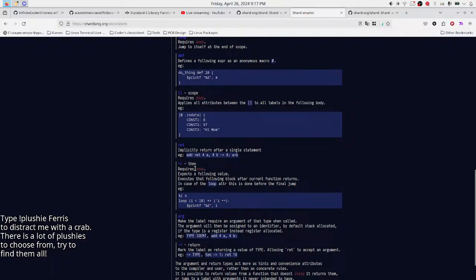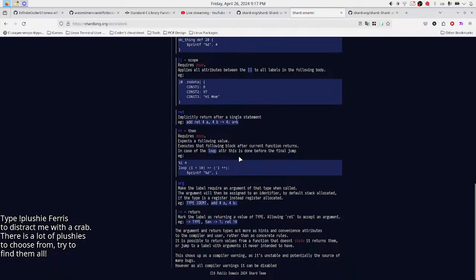Then is this related? Are those the same? Or is it different? Request by the expects the following value. The readme is bad. What about arrows? Executes the following block after the current function returns.